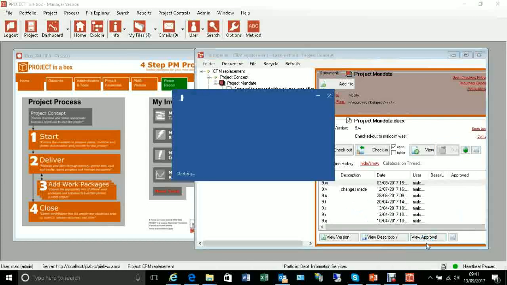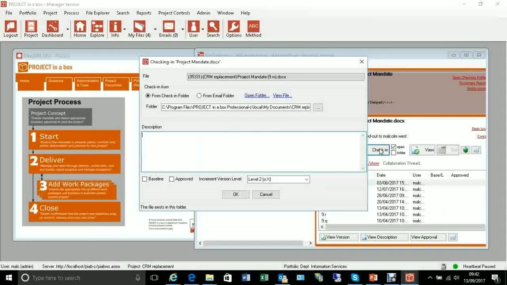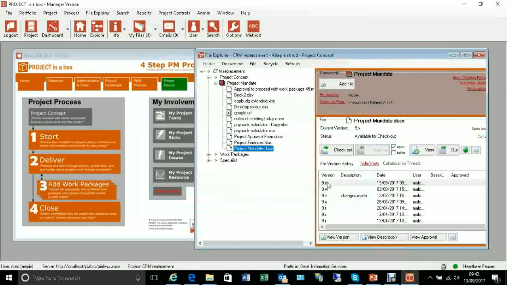It's updating the document properties with the latest property information as well. So these are the properties that are brought across, things like who the project manager and sponsor are and things like that, and descriptions etc. from the server. Put all that in for me. I can now make some changes to this and simply save, close and check back in, and that's going to upversion that. Just a minor change to the last part of the versioning number,